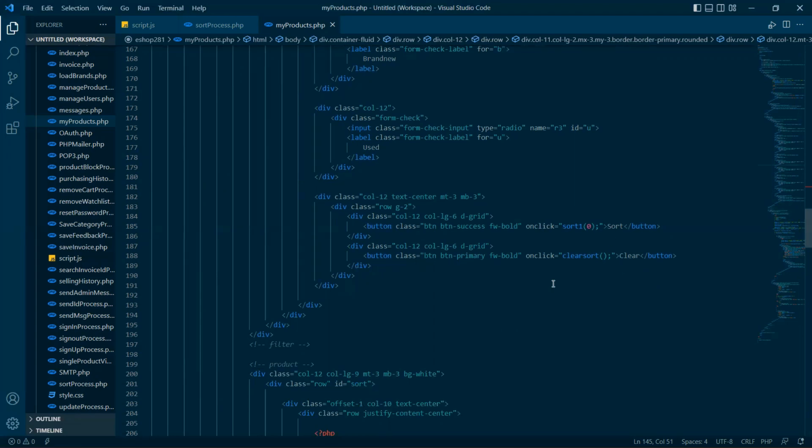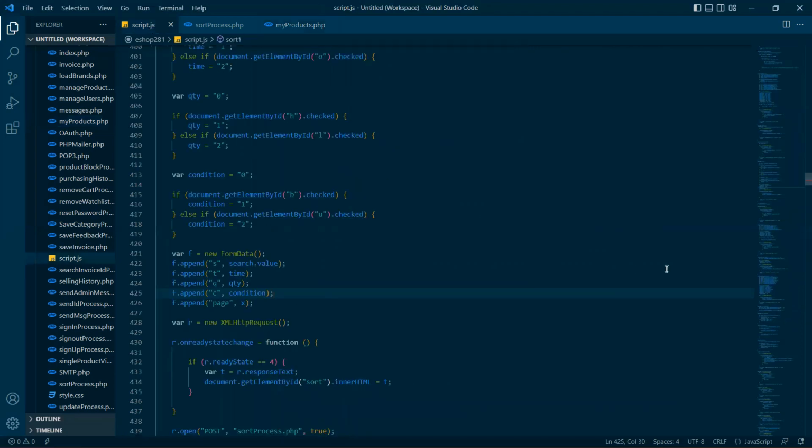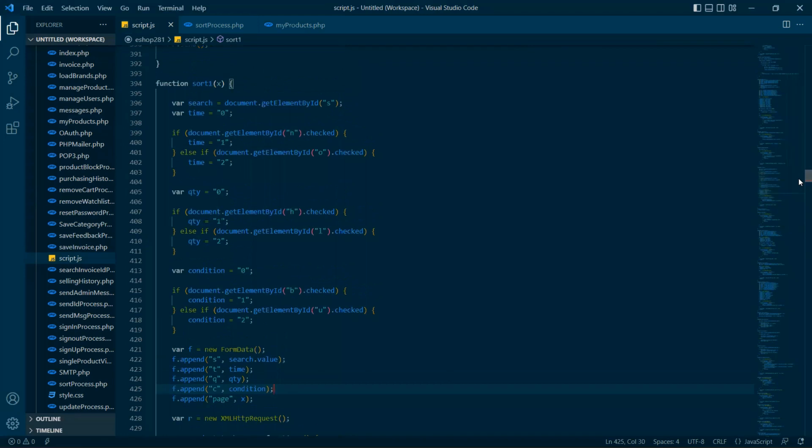For these two buttons I have set two onclick events: sort 1 with value 0 for the sort button, and the clear sort function for the clear button. Let's see what will happen in these functions. Here's the sort 1 function, and here we have given the parameter x of value, so that we can get that 0 value,